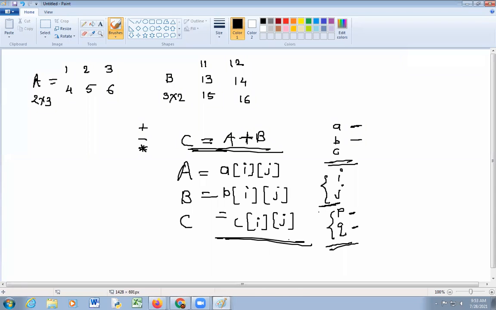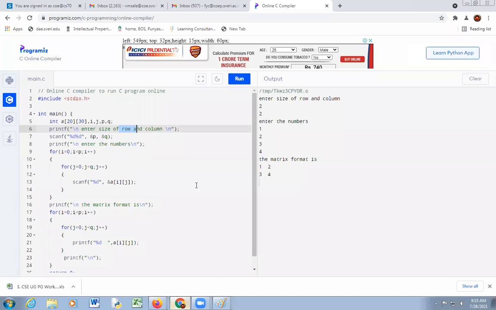We are going to see the program of addition of two matrices. See here, after main, line number 5, declared an array: integer A of 20, 30. Then four variables are also declared.